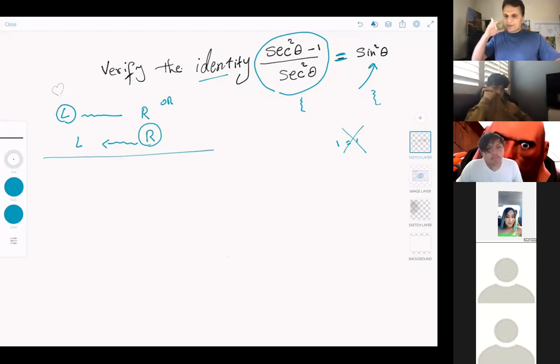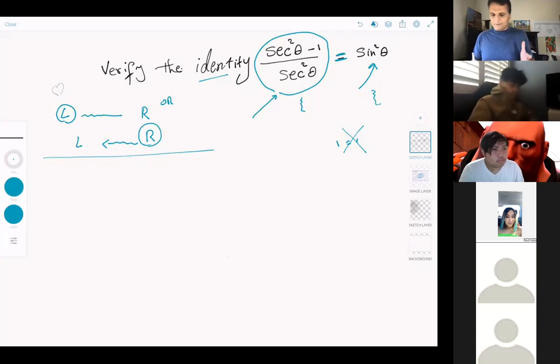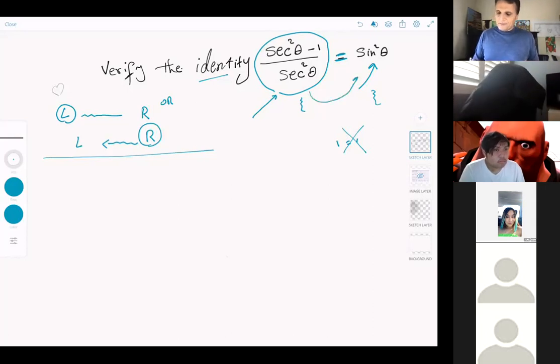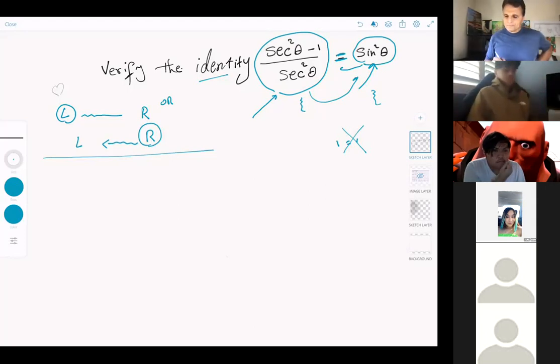Usually we select the side that has more content in it, something that we can simplify. I mean, on this left side, we are able to do something to get to the other side. From the right-hand side, sine square is difficult to expand to get to that part. So left will be the good pick here. So I'm gonna start with the left,